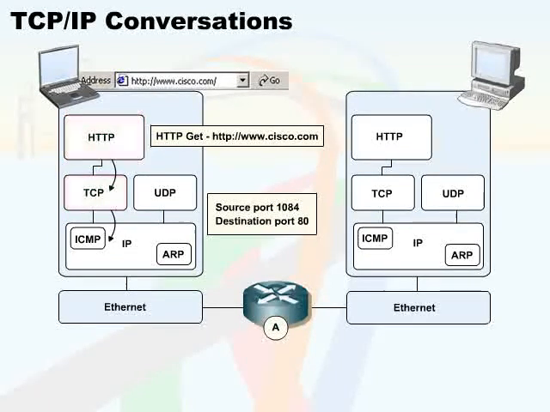Now, the destination port for World Wide Web is always port 80. That's what this receiver is listening on. So the HTTP service that is running on this receiver actually is listening on this address, port 80. I'm going to use port 1084 as a randomly chosen port above 1024, which I will use for return trip traffic when it comes back to